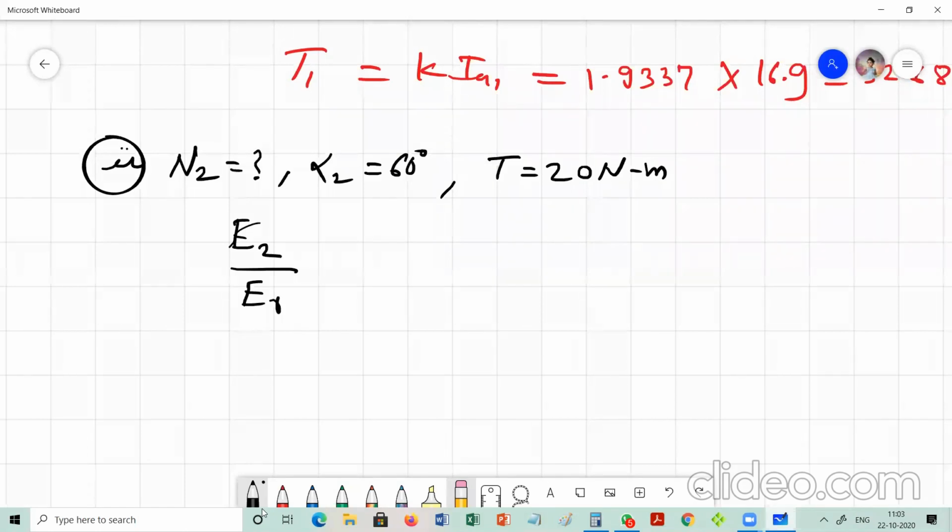E2 by ER is equal to N2 by NR. Here ER is known, NR is known, E2 is unknown, N2 is unknown. So for calculation of N2 we have to calculate E2 first,